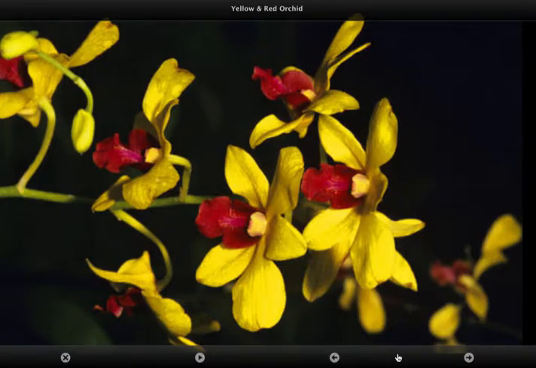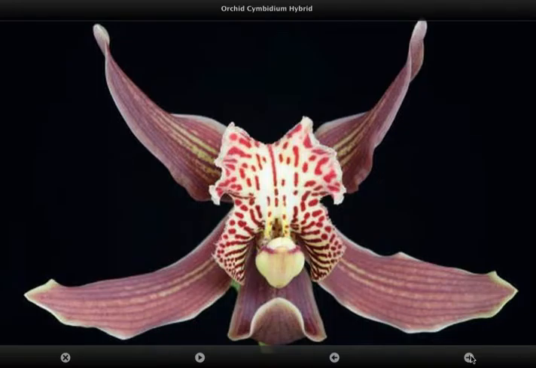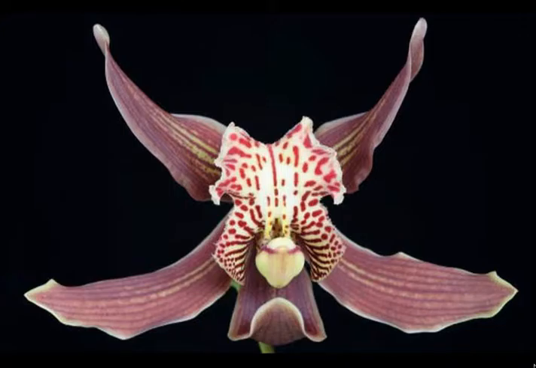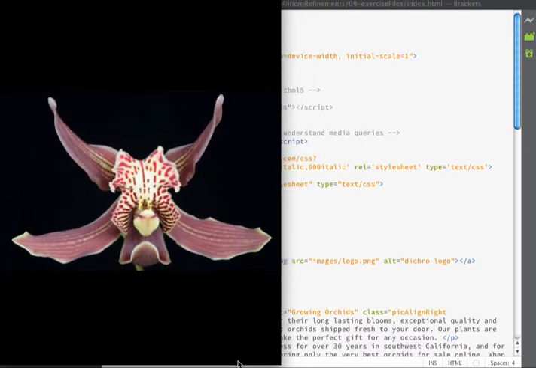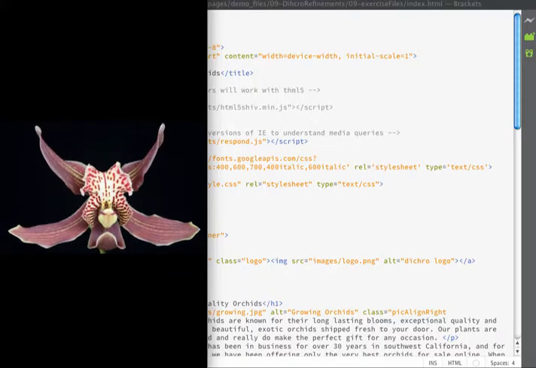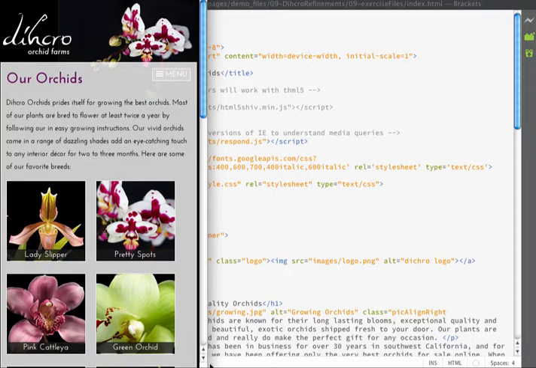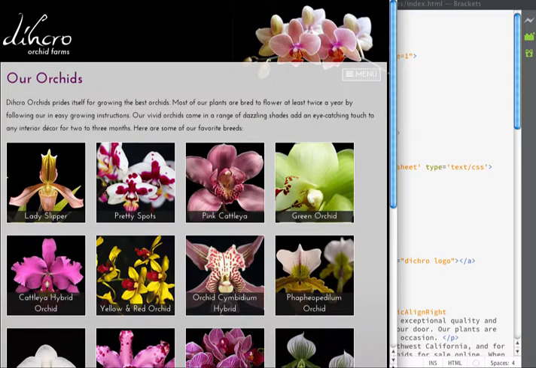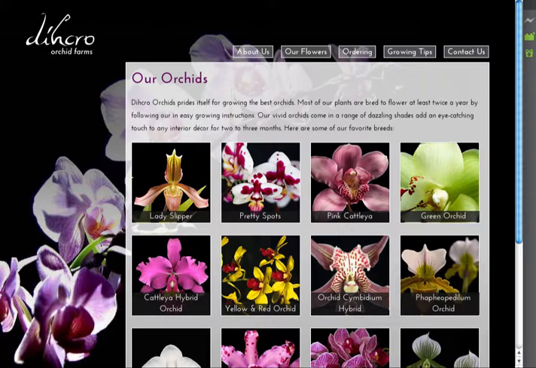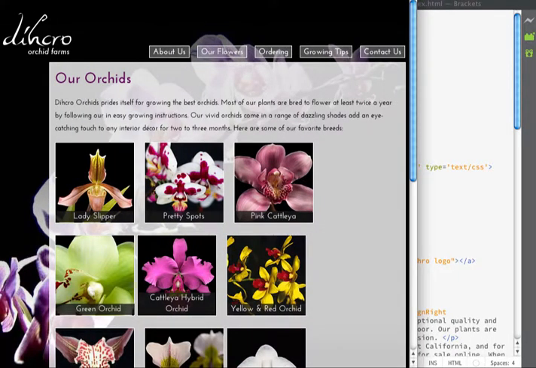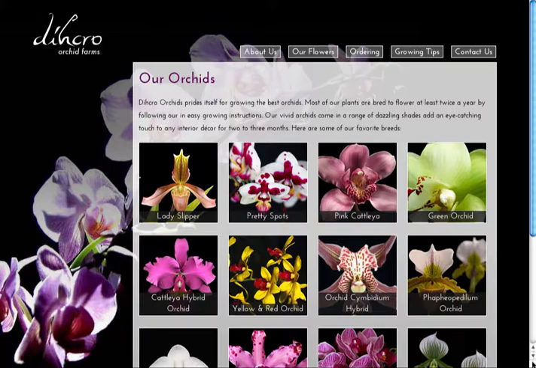In addition to that, you can see that at the top of the screen there is a title of this particular image. So as we flip through, you can see that the title at the top of the screen changes as well. And this, of course, is fully responsive, so if I resize my window, the images are going to resize and fit on any size screen, as well as the grid overlay that displays is going to change depending on the width of the screen, and it will just kind of reconfigure depending on how much room there is available. We'll start off by making the HTML that we need in order to make this function, as well as